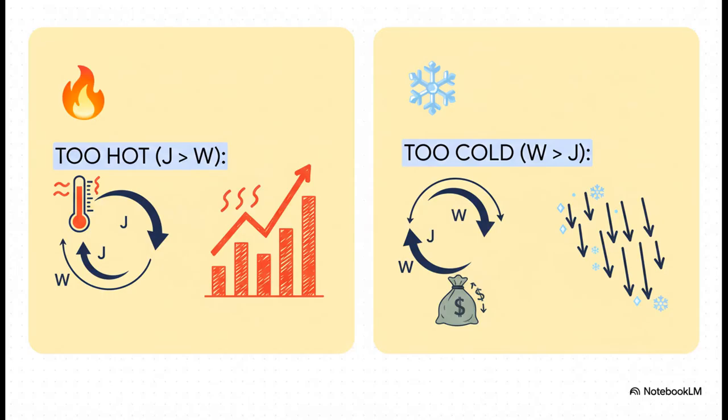Let's go back to our machine analogy. What happens if the injections are way bigger than the withdrawals? If you're pumping way more money in than is leaking out? The whole thing overheats. You get too much money chasing too few goods, and prices just shoot up. That's inflation. On the other hand, what if the leaks are bigger than the injections? That means there isn't enough spending to buy up all the stuff being produced. The machine sputters and stalls out, and that leads to slowdowns and, you guessed it, unemployment.